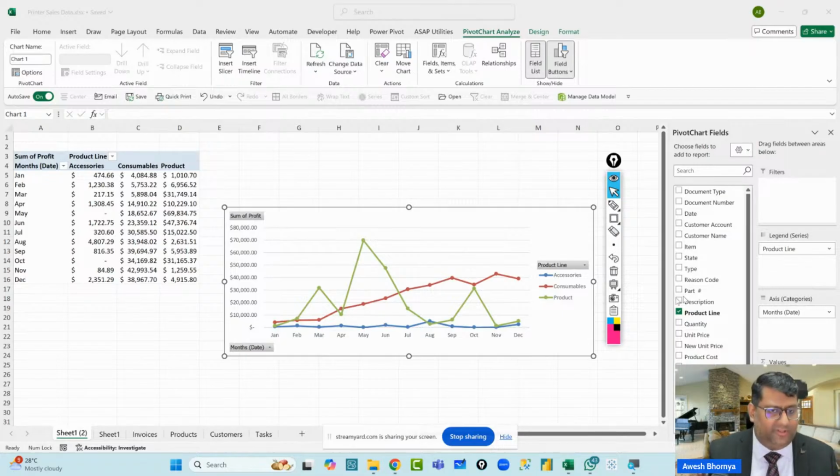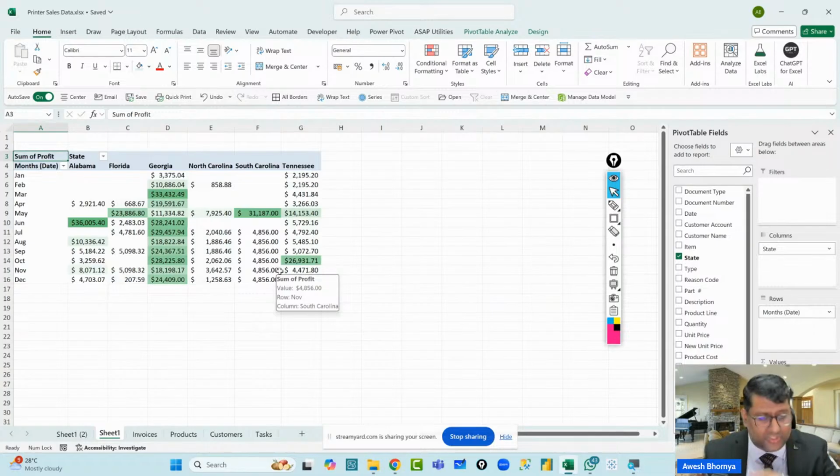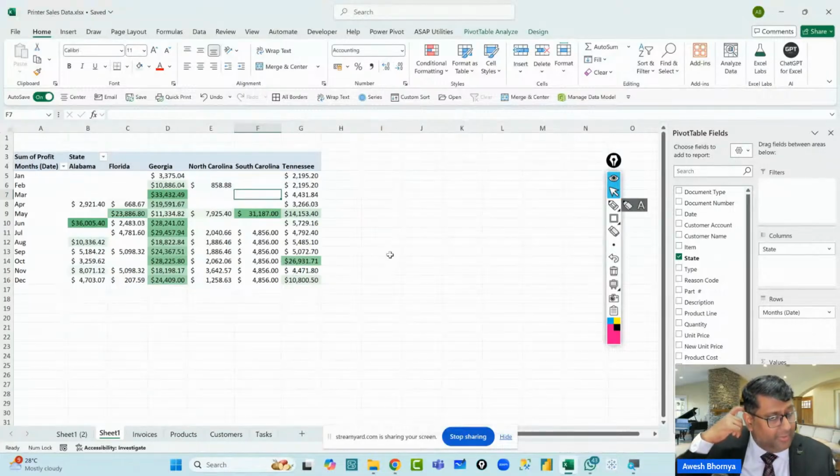So the first thing we've looked at is which are the months when we are having higher sales, using the pattern, or basically the conditional formatting technique that we are using. Now, one more important thing we can do is analyze profitability. Why is profitability important? Let me explain. What we are doing right now is just profit. We are not looking at profitability.